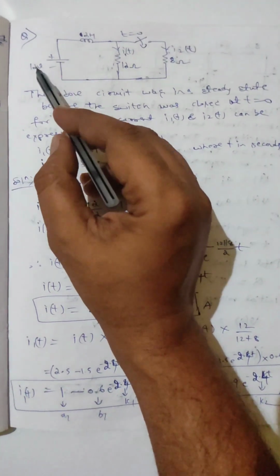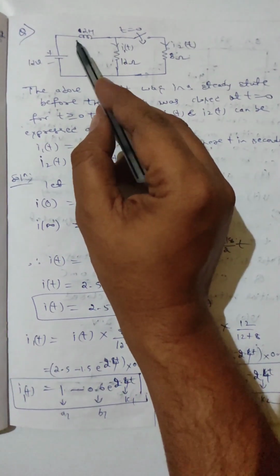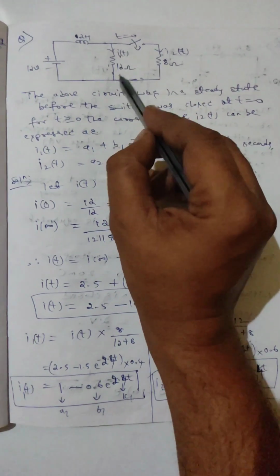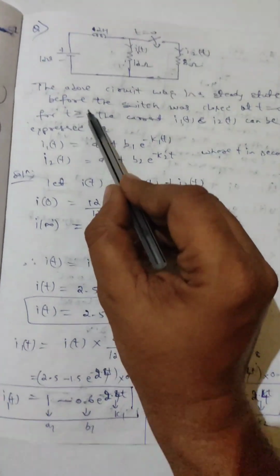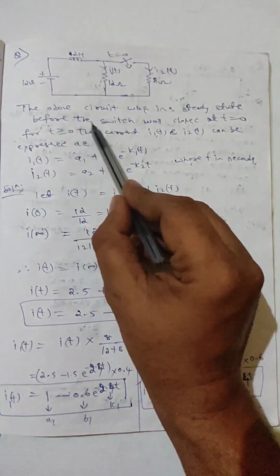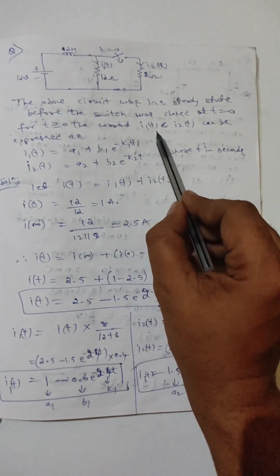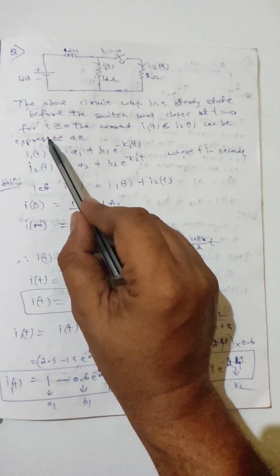So plus 2 minus 12 volts. This is 2 Henry. T equals 0, switch is closed. I1 of t, I2 of t, 12 ohm and 8 ohm. The above circuit was in a steady state before the switch was closed at t equals 0. For t greater than 0, the current I1 of t and I2 of t can be expressed as,